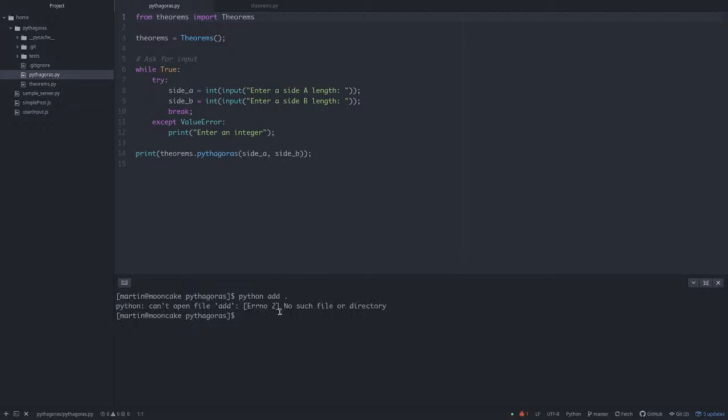So I'm going to say python add, not python add, goodness me, git add, of course, git add. I'm going to call git add, and that's going to add everything in this directory and underneath. I'm going to say git commit now, and the message I'm going to write is "added tests", because that's exactly